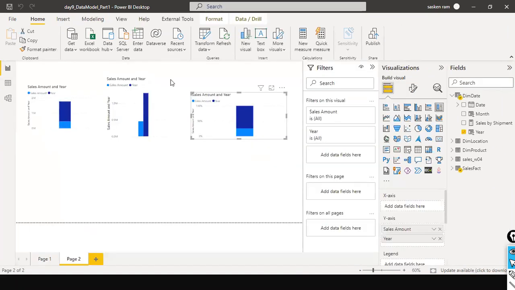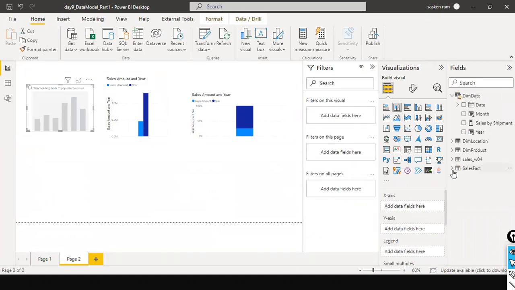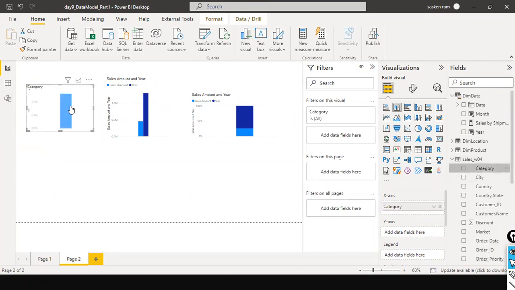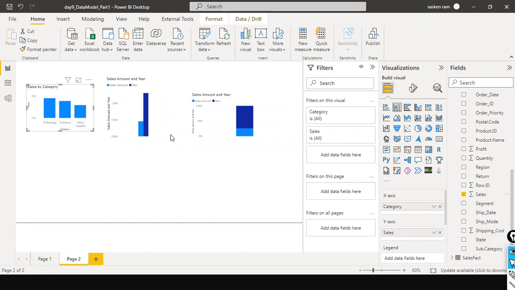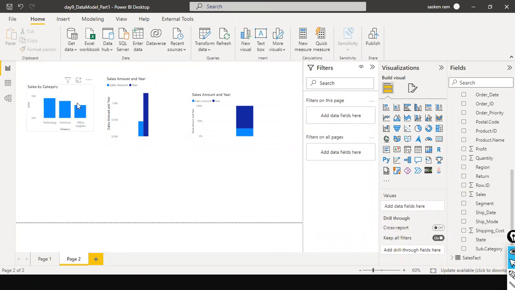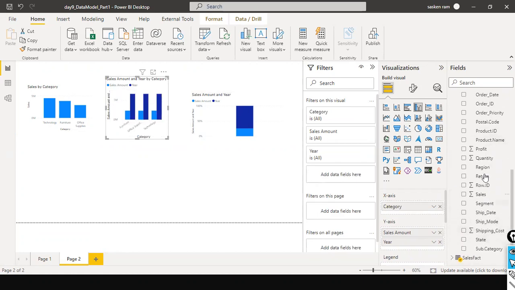So now what I do is I just remove this one, because this one has a lot of pattern in it. This is W04. And if I use category here and the sales amount here, this is your clustered column chart, and even this one, I just put this one here, and by here if I put sales here,